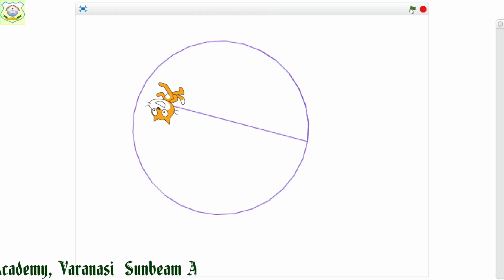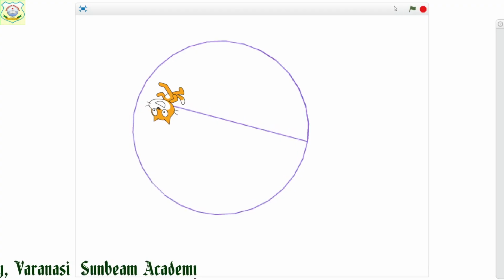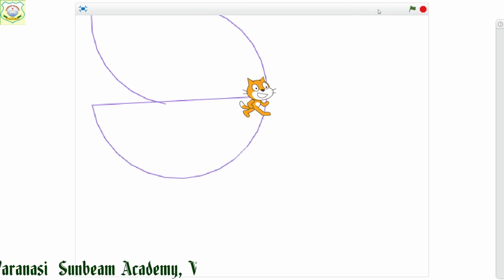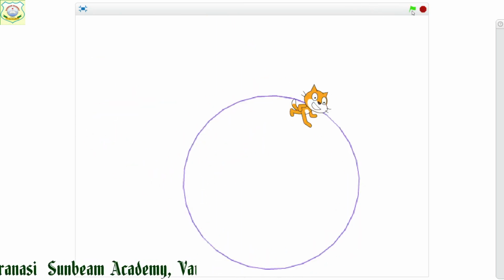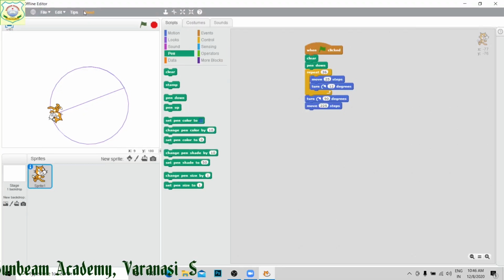Okay, and 225 I am going to take. Near about a circle with its chord has been created. Likewise, different shapes you can make, right?